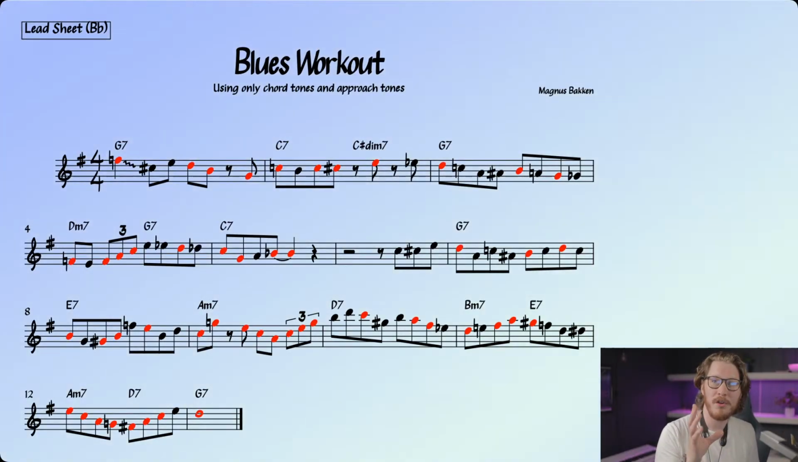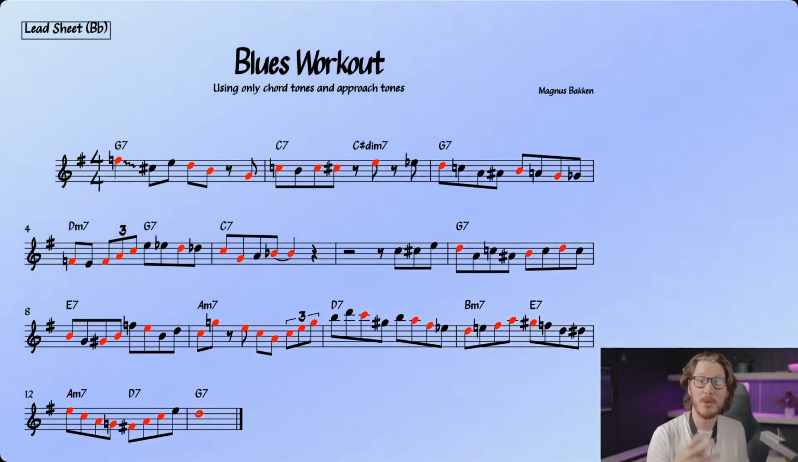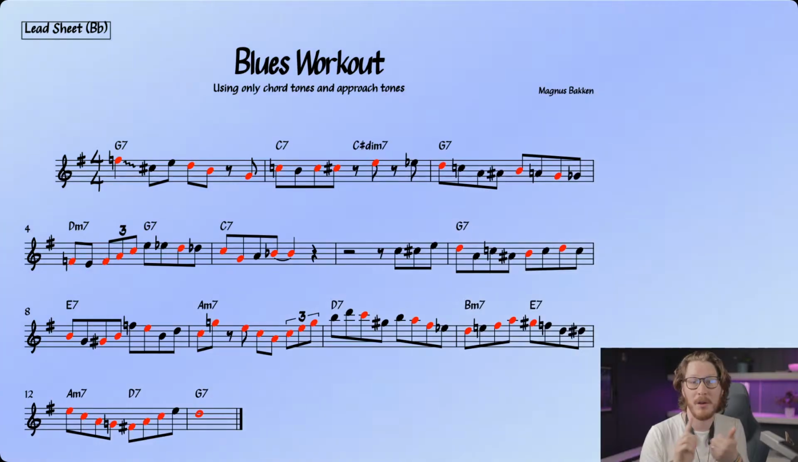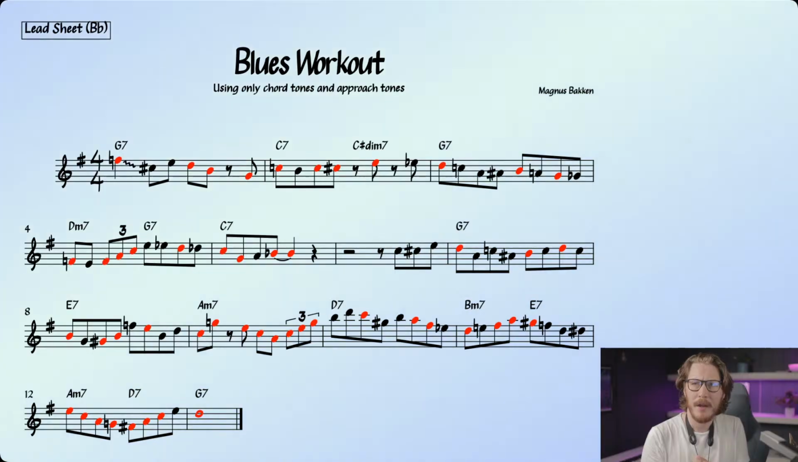So as you can see, all the notes in red, those are the chord tones. And the other notes, those are the approach tones. I think all the other notes here are functioning as approach tones. Really notes that just lead into the chord tones. And that is why as I'm playing this, you can really hear the harmony, because I'm playing chord tones and approach tones into chord tones. So I think we'll leave that there for now and start